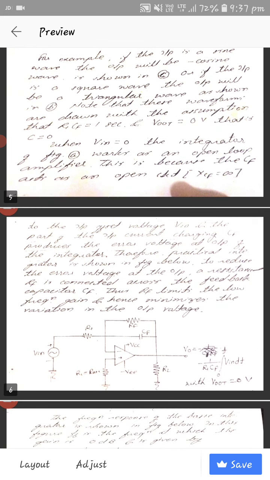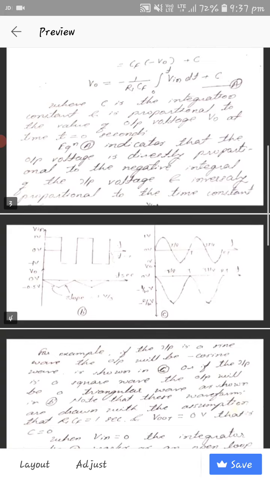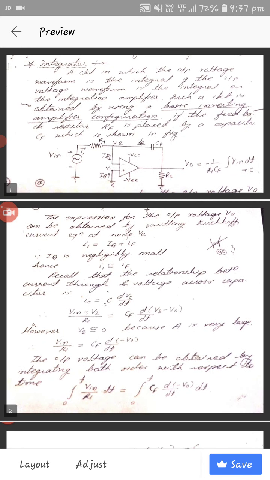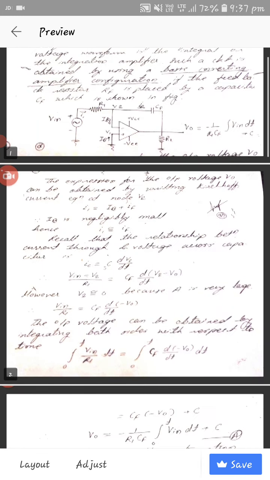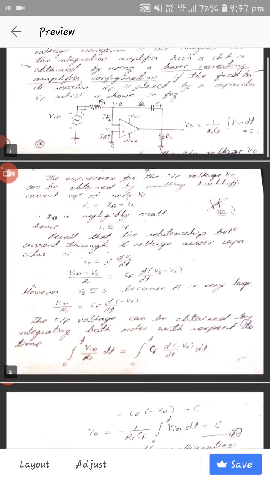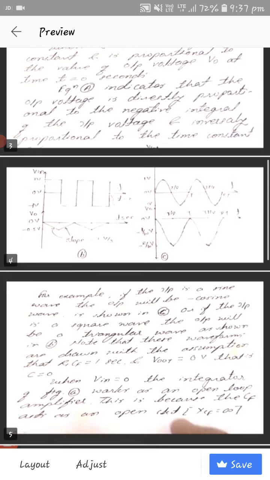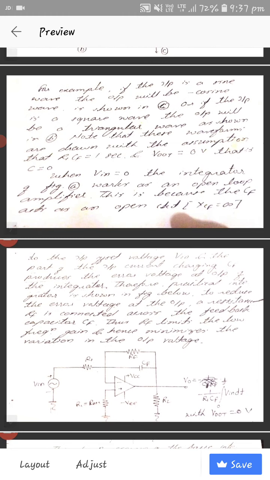When the input voltage Vin is equal to 0, the integrator of figure A, the first figure of the basic inverting amplifier configuration,